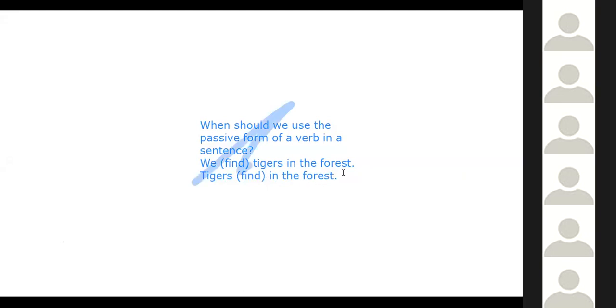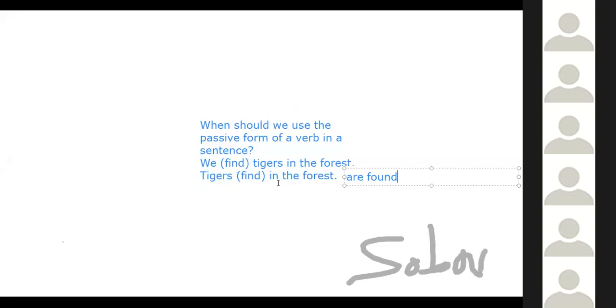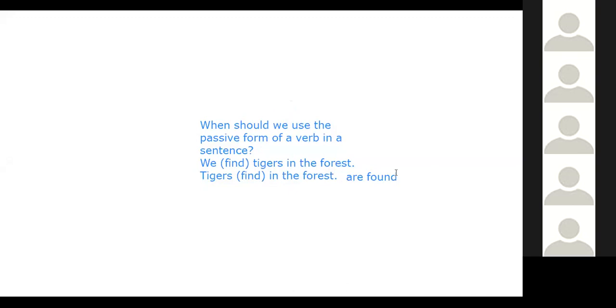So we must use the passive form of this verb. Then what should be the correct answer here? Tigers are found. So are found. This should be the answer of this verb. So it is very, very important. Most of the students are confused and they question us. তারা জিজ্ঞেস করে স্যার বাক্যে তো বাই নেই, তো এটাকে আমরা প্যাসিভ করব। আসলে প্যাসিভ বা অ্যাক্টিভ চেনার বা বোঝার